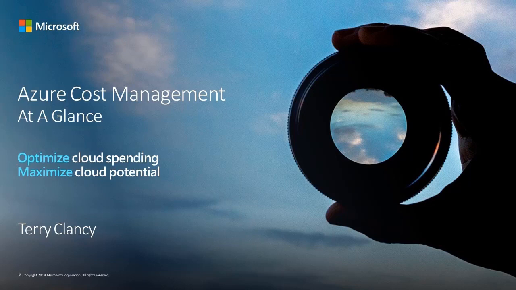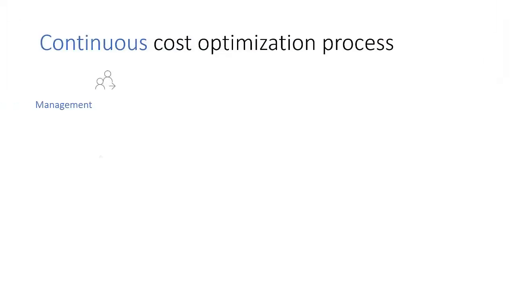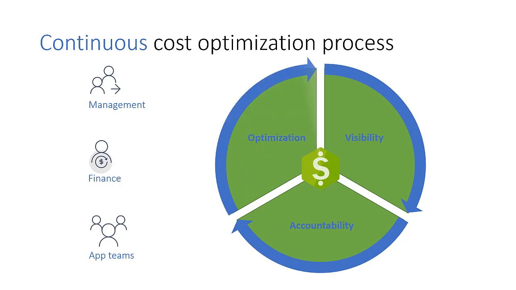Azure Cost Management, or ACM, is a native Azure service designed to allow customers and partners to gain complete visibility and control of their cloud spend across Azure and Amazon Web Services, or AWS. It is designed to be used by managers, finance users, app teams, and developers, and supports a three-phase process starting with slice and dice tools for visibility, budgeting, RBAC, and scoping tools for accountability, and Azure Advisor cost recommendations for